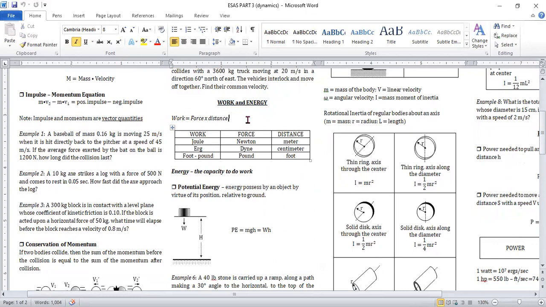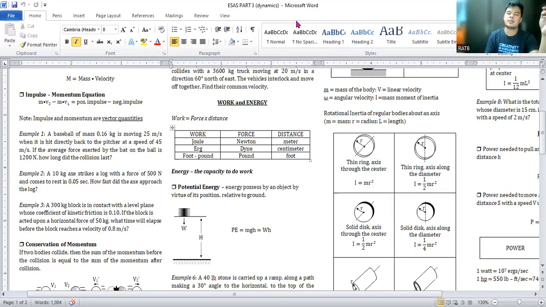You have to take note that the force here is not just as simple as a force. The condition is that if this is the distance traveled, the force in this equation is the force parallel to the